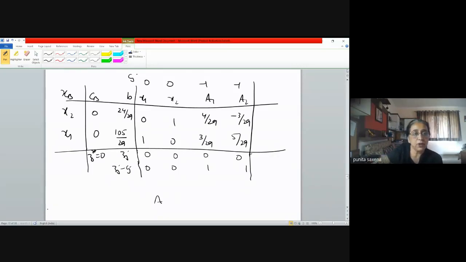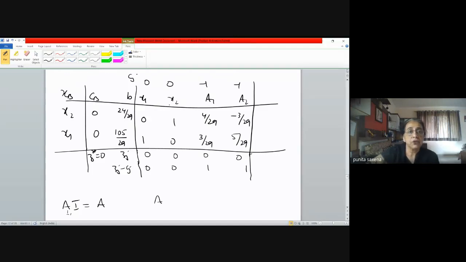See, in your class 12, I think you have learned this. We write AI equal to A, right? We apply row operations, we convert this A into I, and we apply the same transformations onto the I, and we ultimately get the product as A inverse, something like that. So same kind of a logic is applied here.